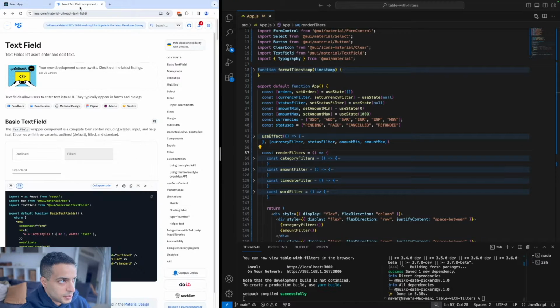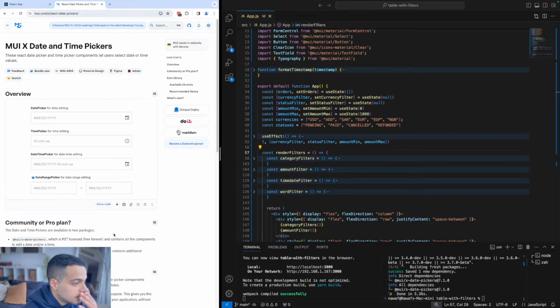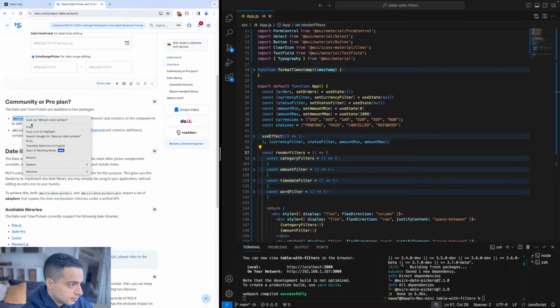Material UI has a special component. Click on this menu here called date and time pickers, and this will require you to install a special library. So you need to install this one over here that I'm highlighting. I'm going to scroll up so you can see it. This one, Material UI / X date picker. So